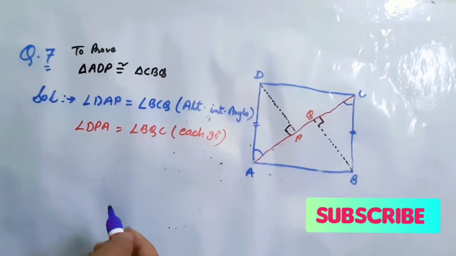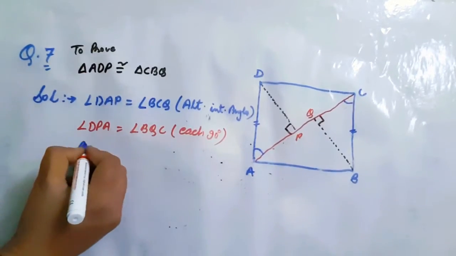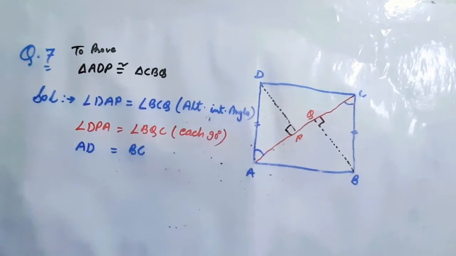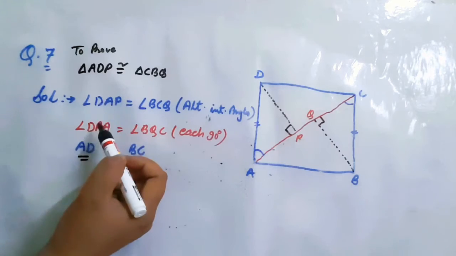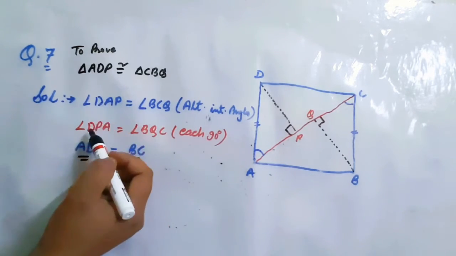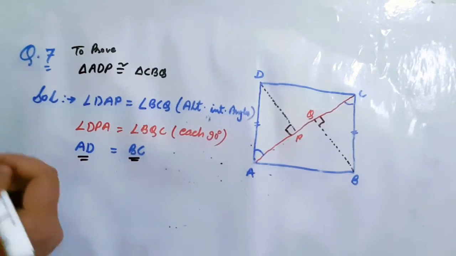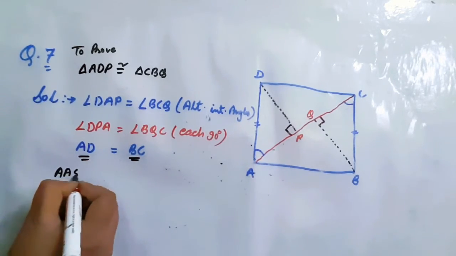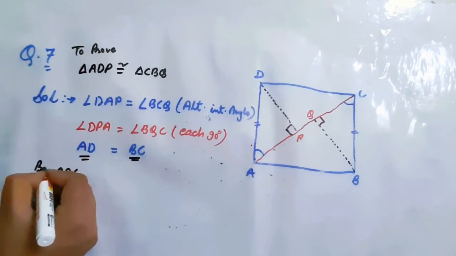Come to the third part. Now the third part, which is equal, is your side AD equals BC. Side AD equal to BC. Now you can see that this AD and BC is not the common arm of these two angles. AD is not the common arm of these two angles, and BC is not the common arm of these two angles. So here the property which you can use is AAS, angle angle side. By AAS,